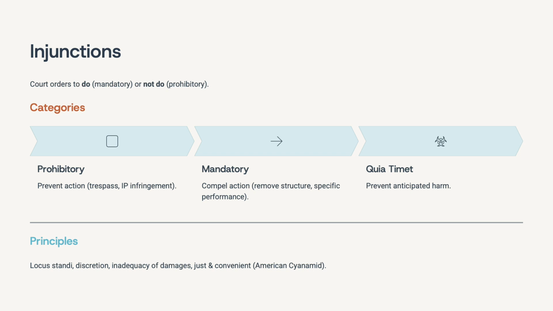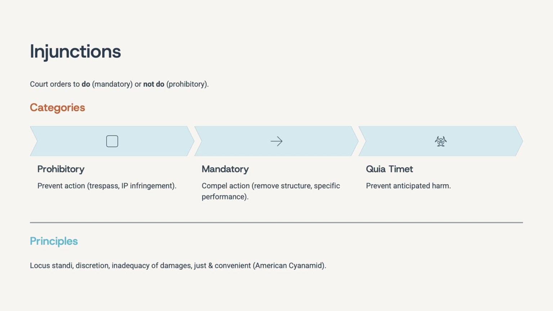Injunctions are the legal equivalent of shouting. Stop that this instant. Stop it now. Do this immediately, for example. Do it, and that's what you need to do. The number one is prohibitory: don't do something, like don't trespass or post defamatory tweets.